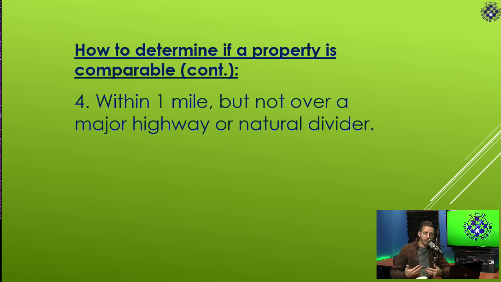Now there are some communities that are spread out, and you might have to go a little bit more than a mile to find them, but you better not be spreading your search criteria on the other things, meaning that the appeal should still be the same, the feature should be the same, it should be a recent sale. You don't want to stretch these too thin, because then you start finding you're not getting accurate ARVs.